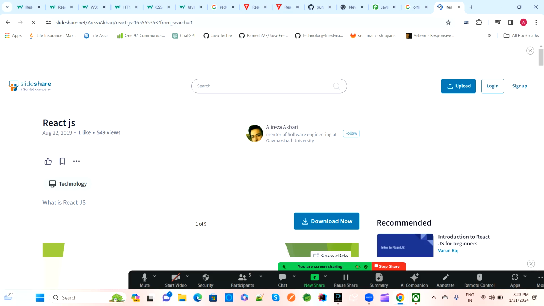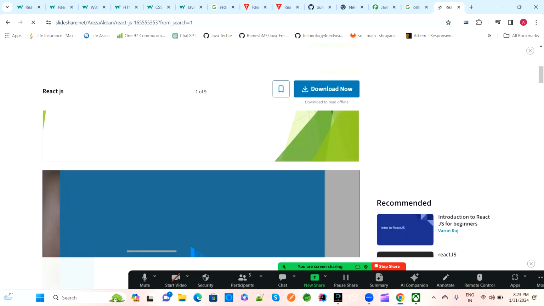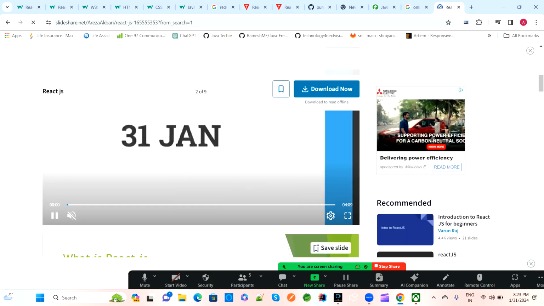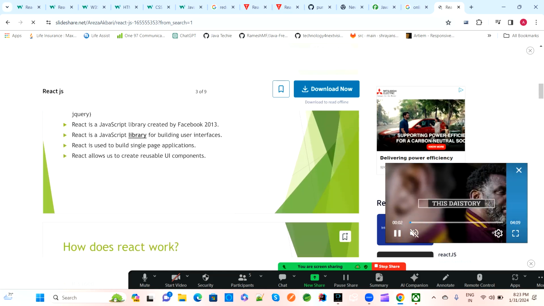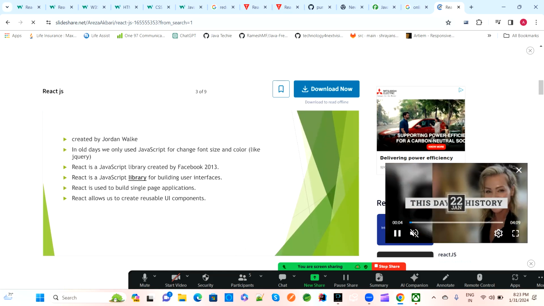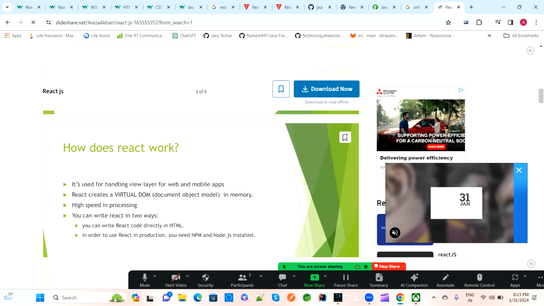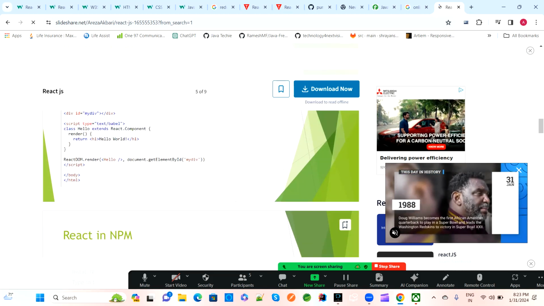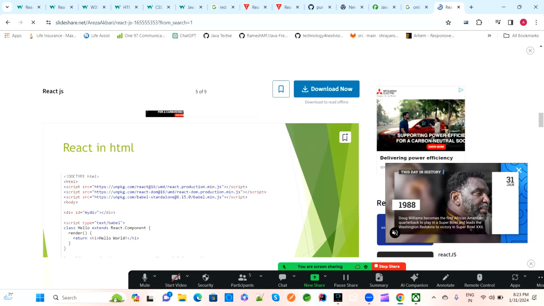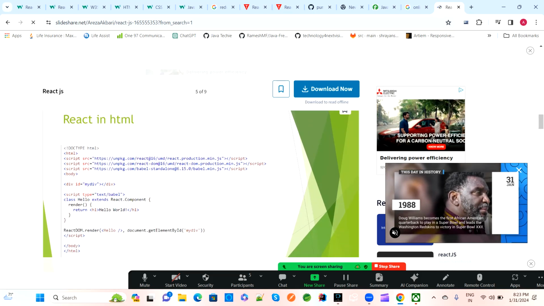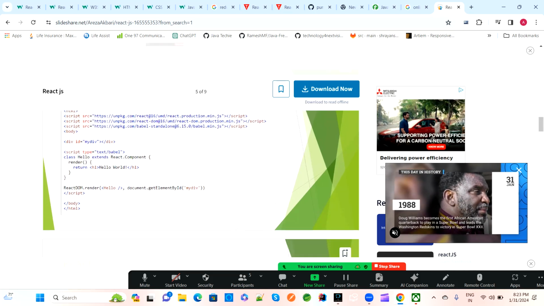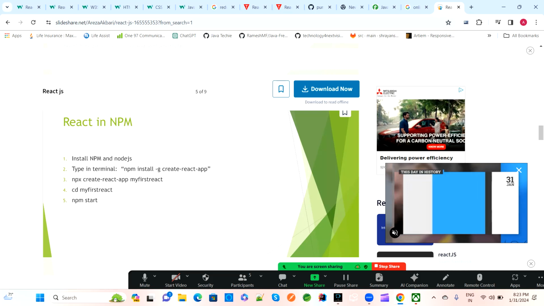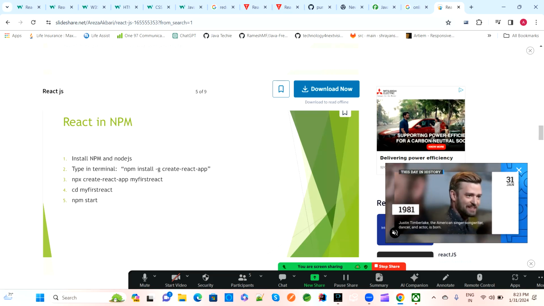Like what is React.js presentations. You can see here what is React, if you want just an overview of React and how does React work, and then what React in HTML is. We can see src, div, scripts, body and HTML tags from the HTML. What is npm, why we are installing npm,